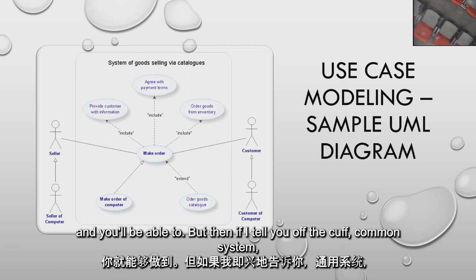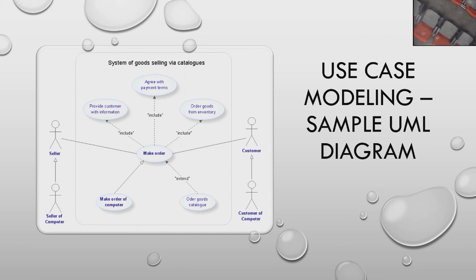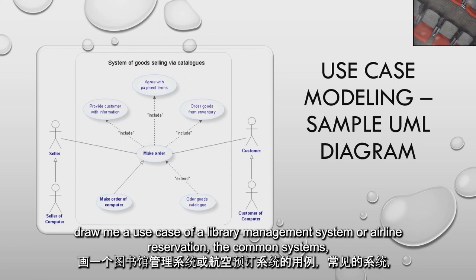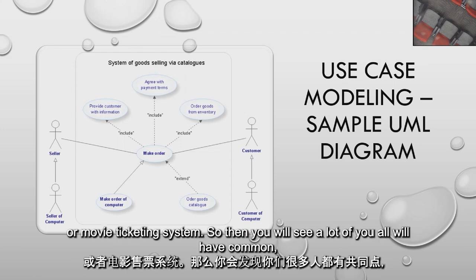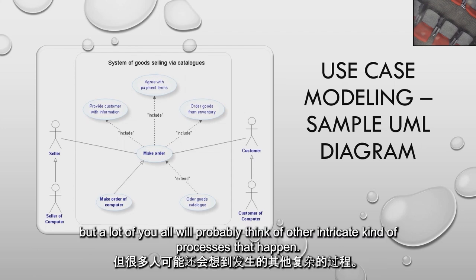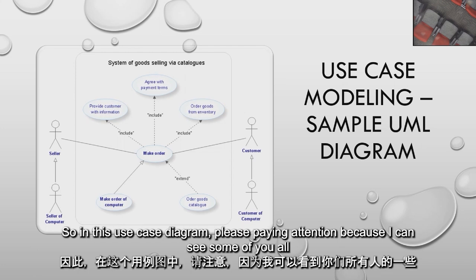But then if I tell you off the cuff, common system, okay, draw me a use case of a library management system, or airline reservation, the common systems, right? Or a movie ticketing system, right? Then you will see a lot of y'all will have common ones, but a lot of y'all will probably think of other intricate kinds of processes that happen. So in this use case diagram,